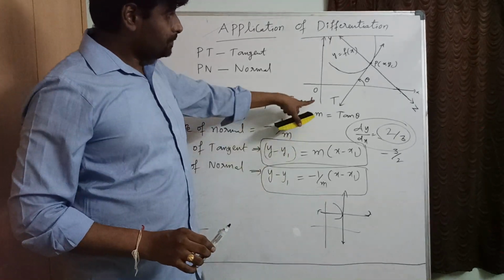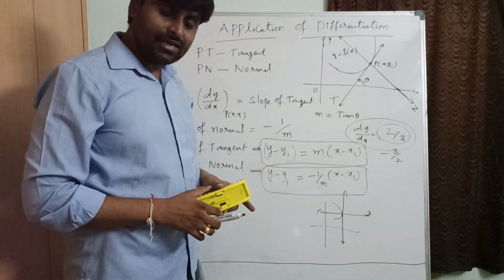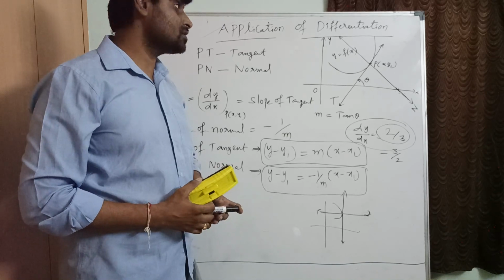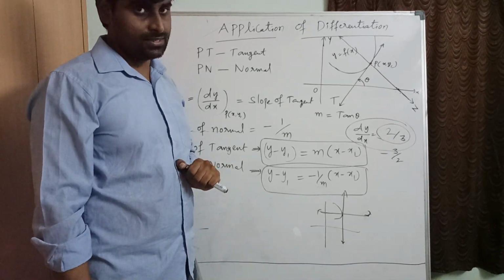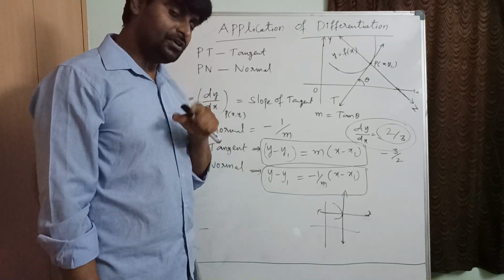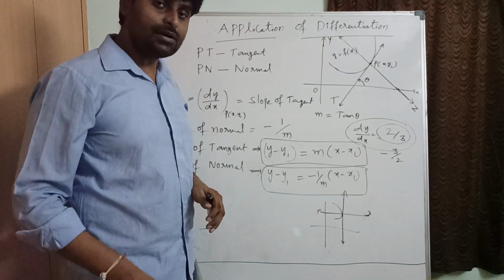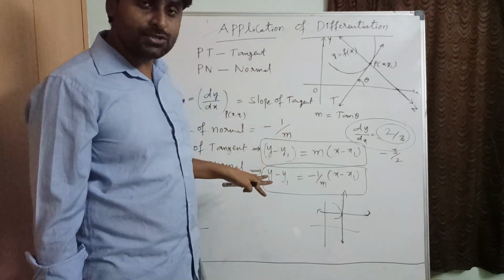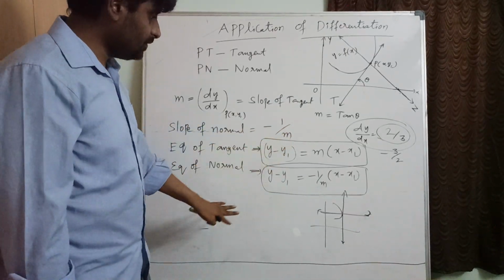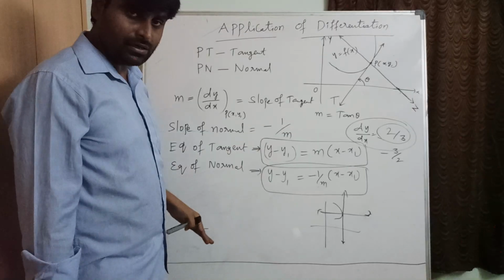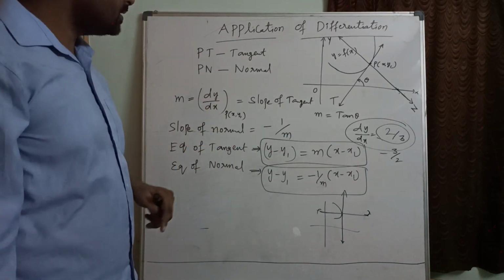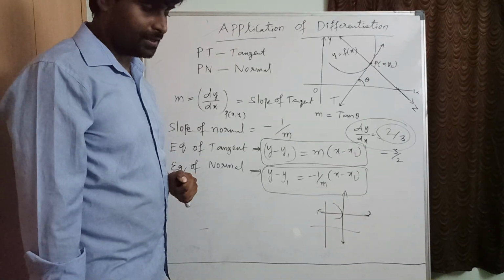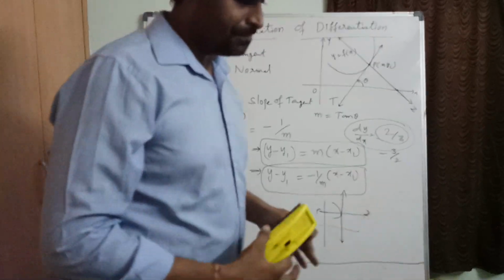And whenever tangents make equal intercepts, then dy by dx equals to -1, okay. These are also very important. And whenever two tangents are perpendicular, then m1 into m2 equals to -1, okay. So the product of slopes is -1. Those things we'll discuss in the important points to remember in this topic. First of all, this is the concept, just take a note of this. After that we'll discuss some important points to remember for competitive exams in this topic. Clear? Just make a note of it.